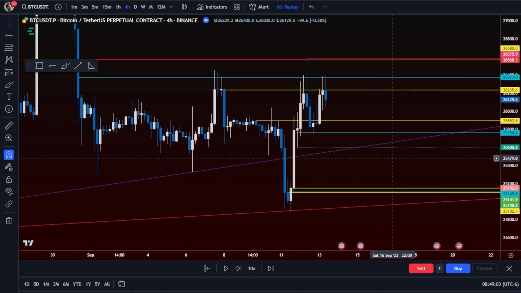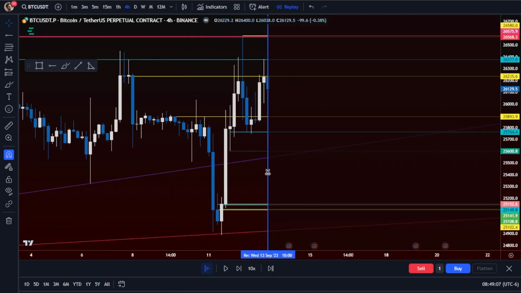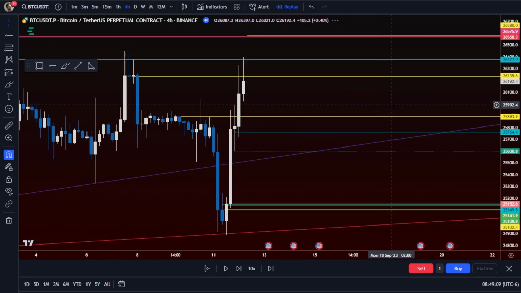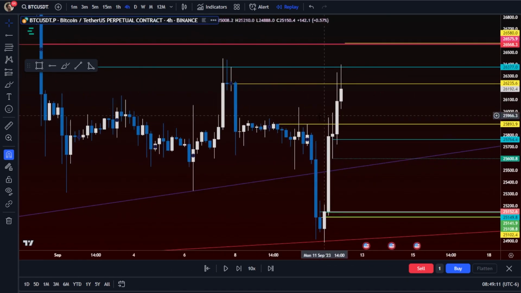And let's talk about this a little bit before we finish here. When you're looking at a range like this, let's just rewind it a bit more. When you are looking at this and you're asking yourself, how deep can this thing go? You want to stay within the interior range that can support that move. So I identified this instantly, just visually. Here's a 4 hour. Anything below this, you're just going to be breaking down into a new range completely. Like this is the very bottom of the range.